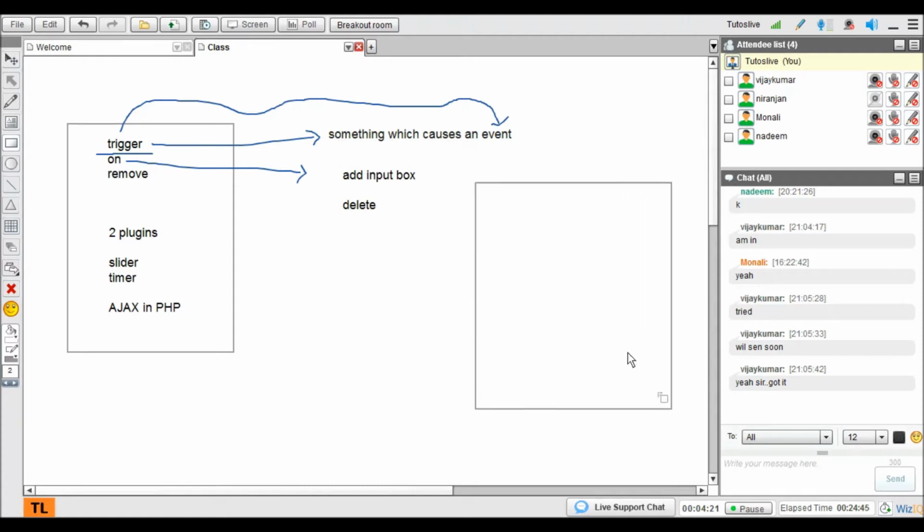When the page loads, suppose I have written a text box here, and I say add. When the page loads, it will load only this, because when I click on add, another text box is added. This is not on page load, it is dynamically added. We are not loading this upfront. Whenever I click, it's added, right?